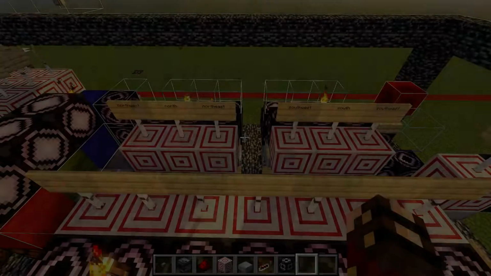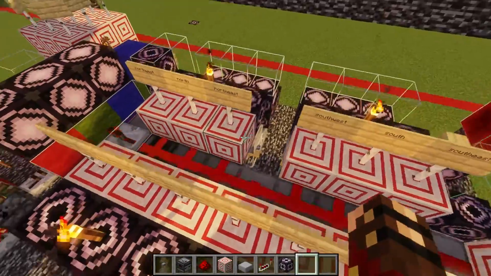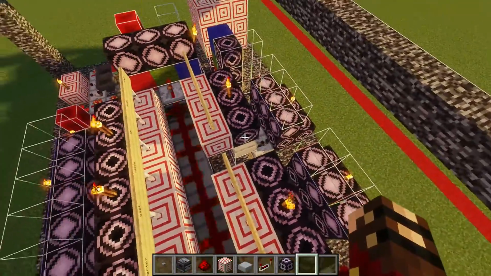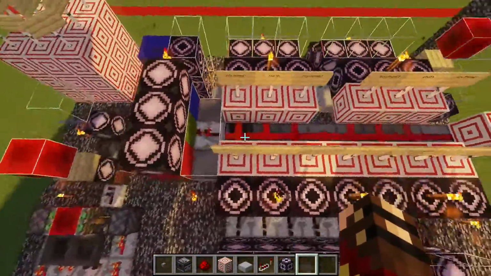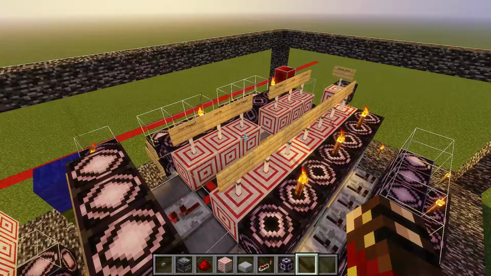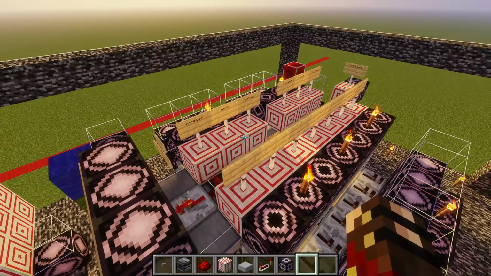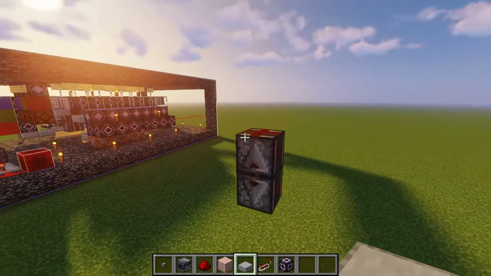The way that we process all of these button presses is all based on these vertical slices right here. They're all being activated by an observer clock, which is powering this common line in the middle. Each one of these target blocks represents a different button that we can press. So we have an observer clock, which is activating